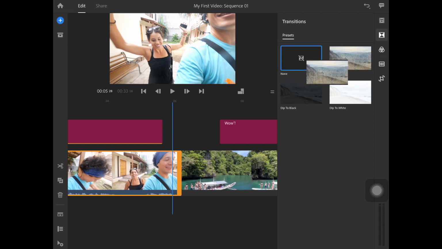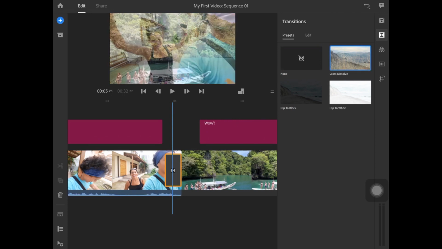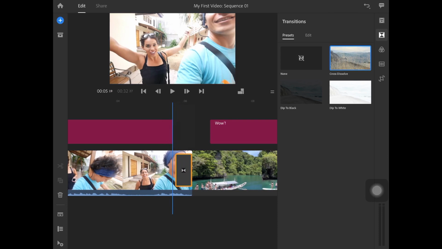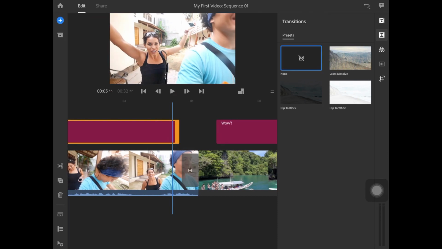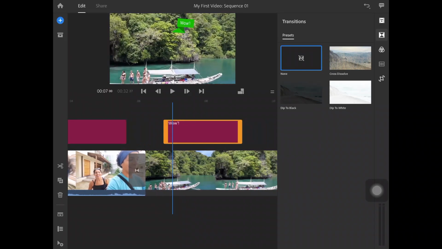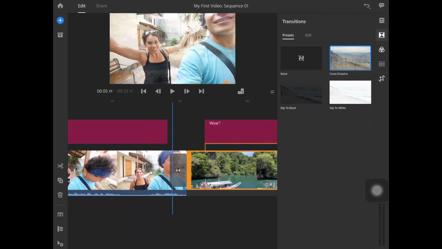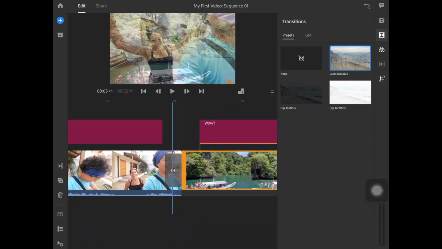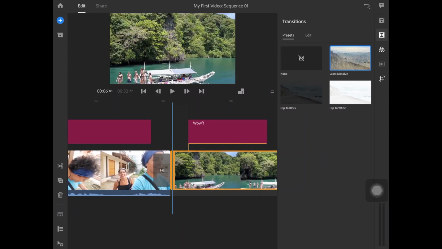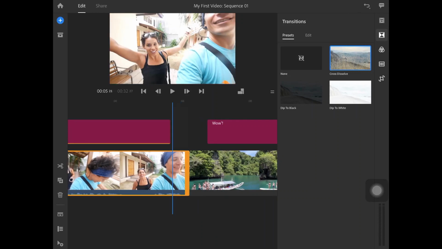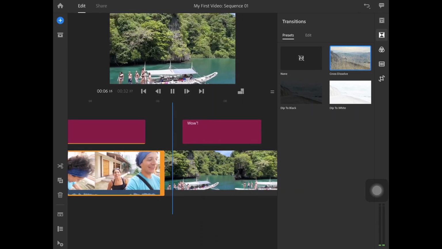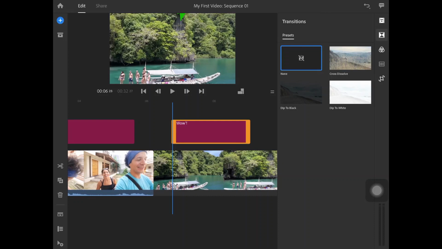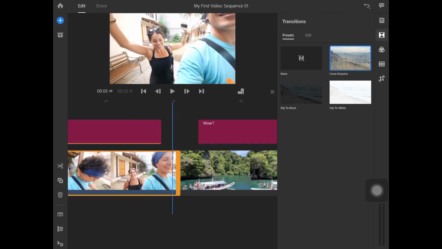Let me drag this between these 2 clips. You see there's a transition icon added at the end of the first clip. So what does that mean? Let's see. That is called cross dissolve. So the first video dissolves into the second video. Now let's say this was not added. I'm deleting the transition and see what happens. This is an abrupt introduction of the second clip, but that's not how I wanted.